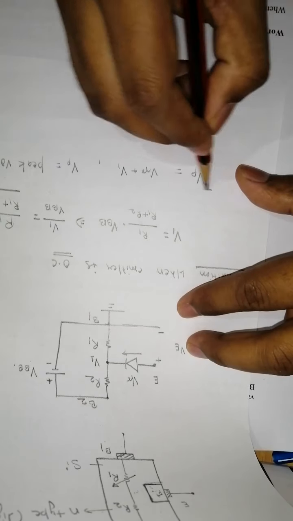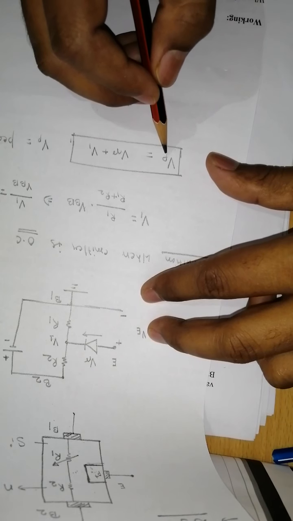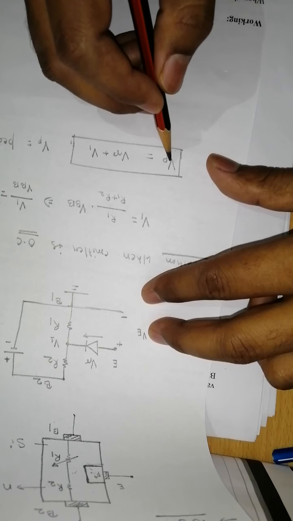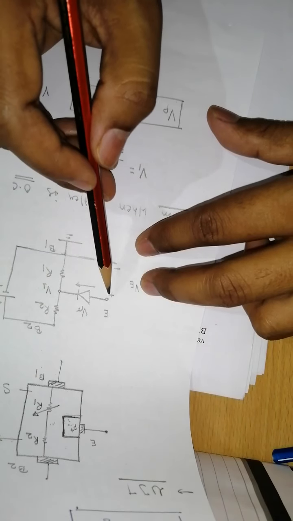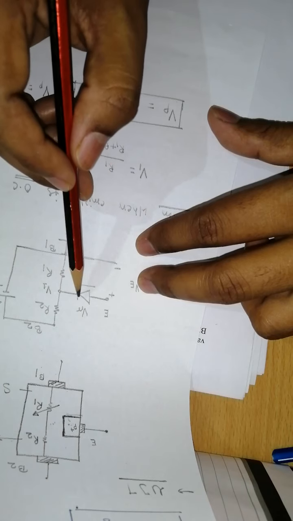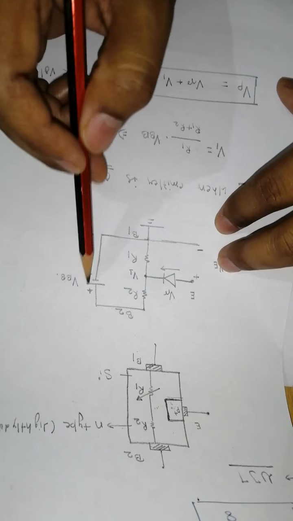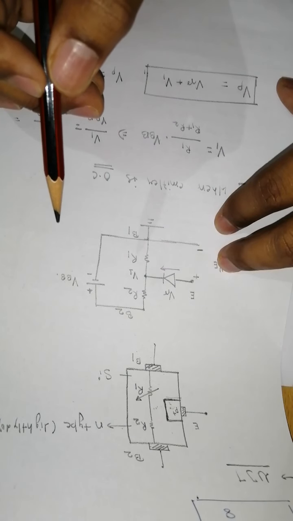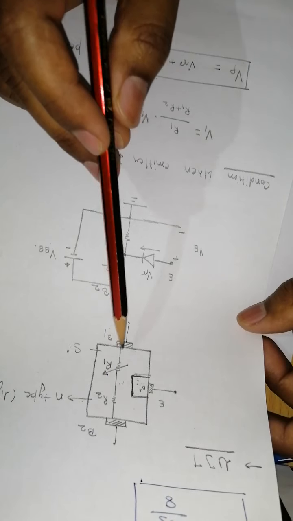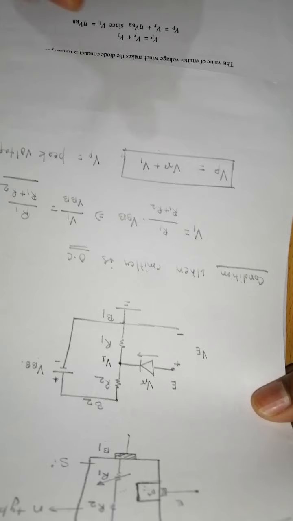So this much VP, this minimum voltage, has to be applied at the emitter terminal to make this diode forward bias. Before this, it will be reverse bias, because V1 is available all the time when you are biasing this circuit by the voltage VBB. So this is the structure of this unijunction transistor, and this is its equivalent circuit. Now you have to understand how this diode will be forward biased. Now take a look at the working.